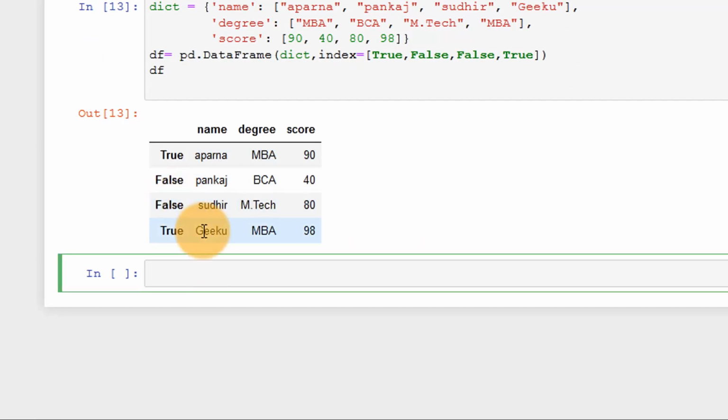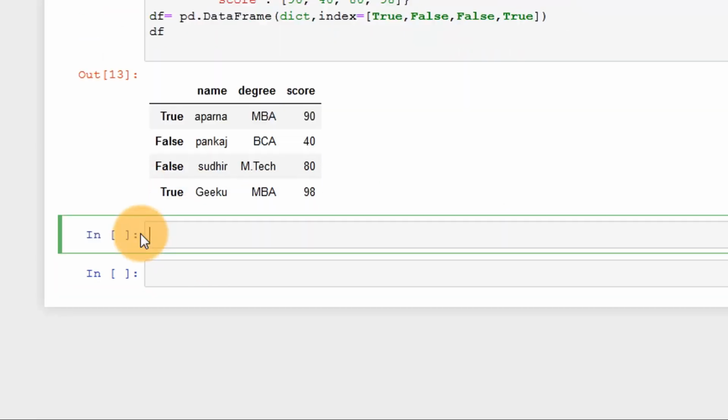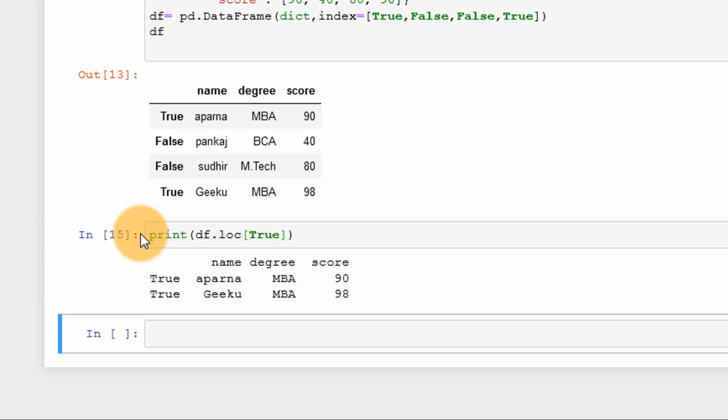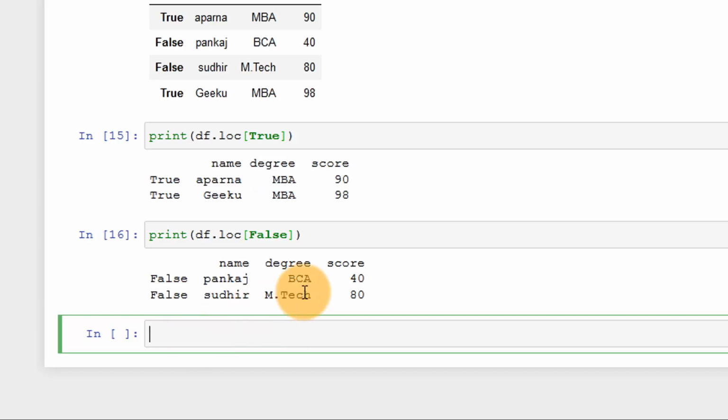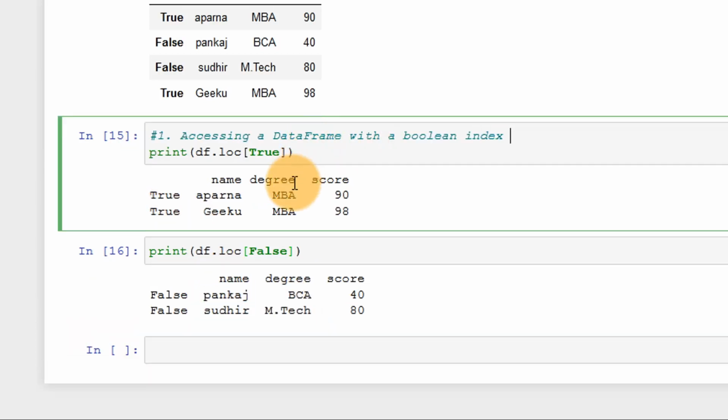If I try to print my data frame using the loc method and supply the true value to it, it will print the true rows. And if I try to print df.loc with false, then it prints my false values. So you can say that I can use Boolean labels to filter out rows.